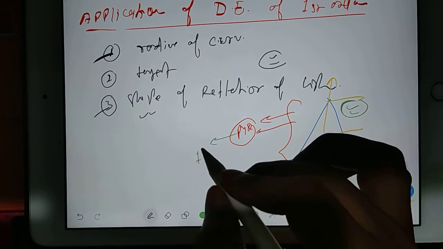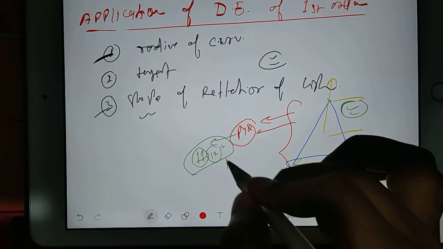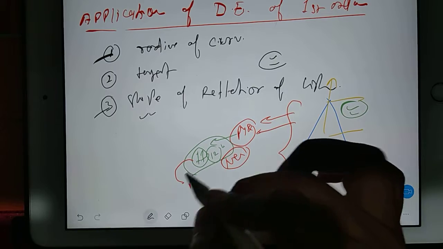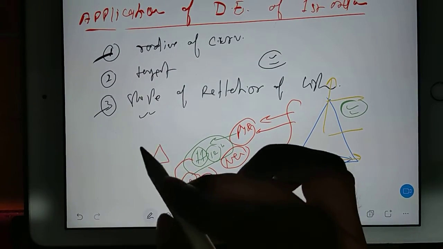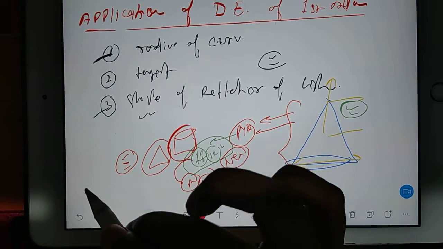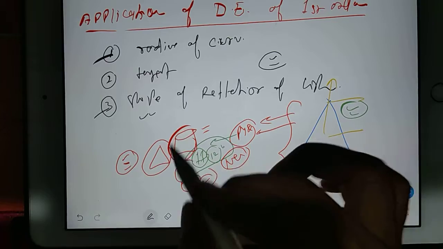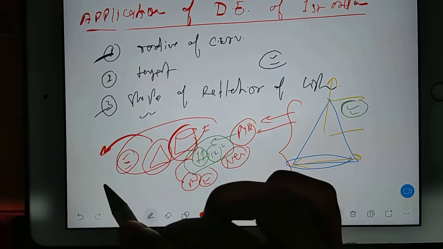You go to your 11th-12th class mathematics, and there you have the NCERT book, right? In the NCERT book there is a chapter on application of derivatives. In application of derivatives, cone problems and cylinder problems, these two or three types of problems are there. You solve those problems. In the same chapter, you have one more type of problem.